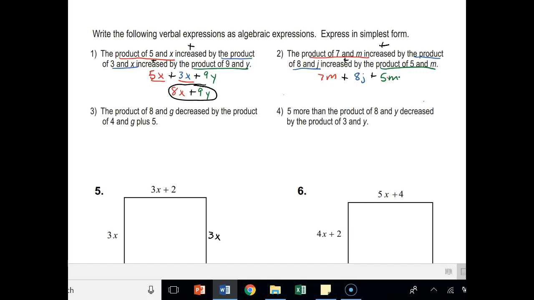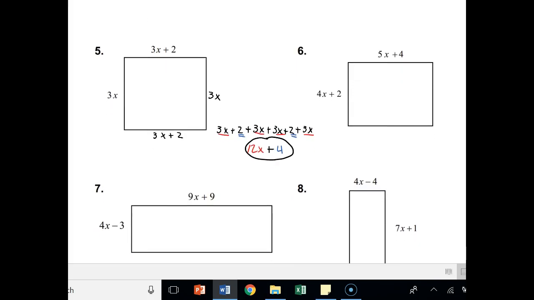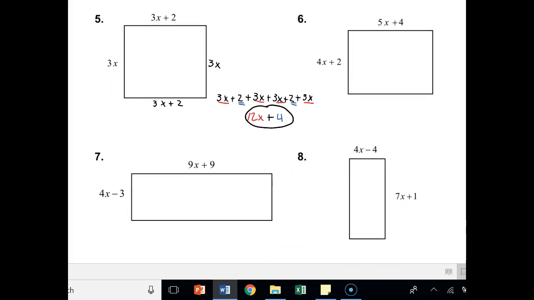And then notice we have like terms, right? We have 7m and 5m, that gives us 12m, and then 8j is left all by itself, plus 8j. So we've translated this algebraic expression from the phrase, and then we also simplified it by combining like terms. You'll be responsible for number 3 and number 4 in Edpuzzle. And then the last part here is we have these